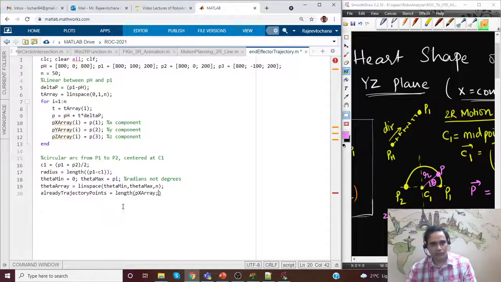Okay, so what we do is we will get this length and we'll use it in the coming lines. I'll explain why we have done that. Okay, now we'll again go for i is equal to 1 to n.